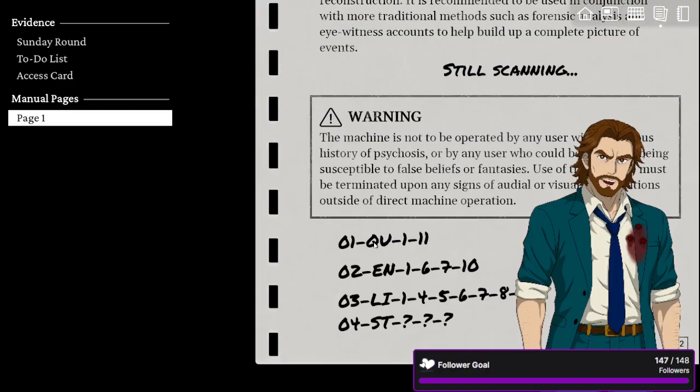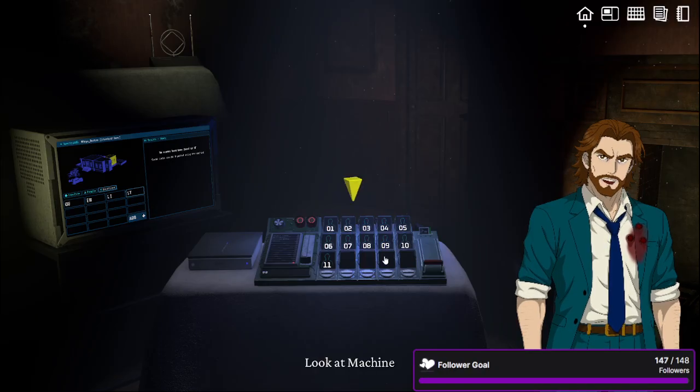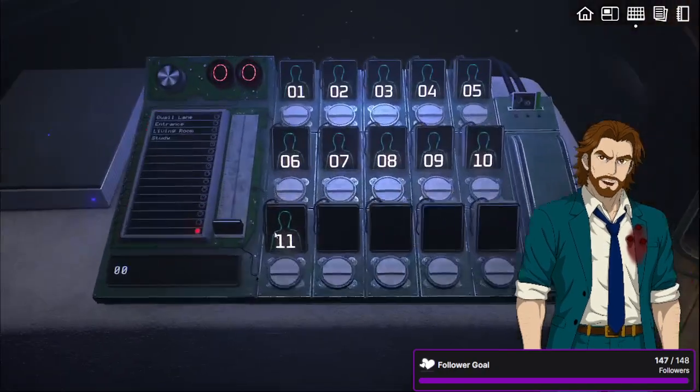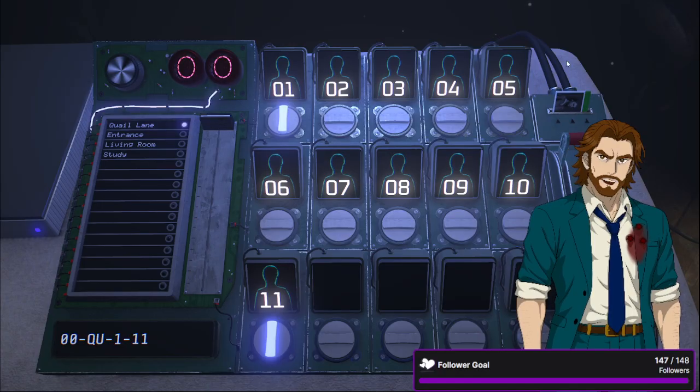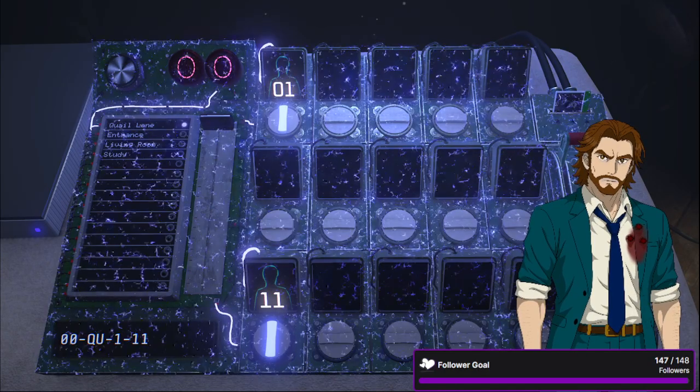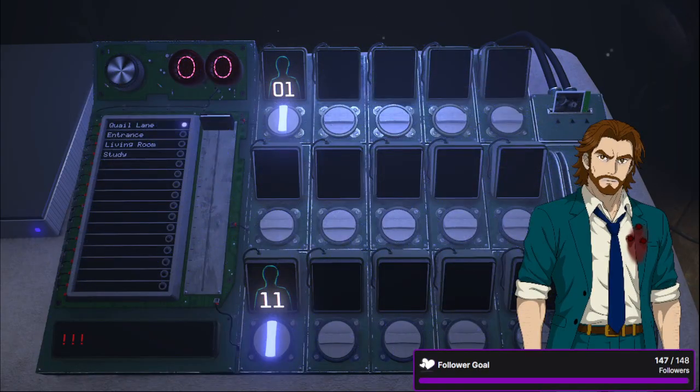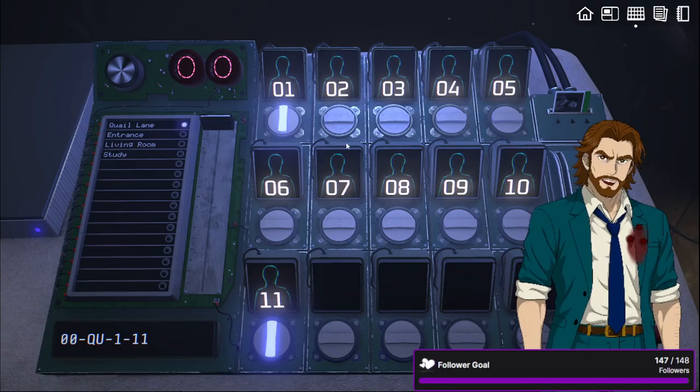So we come over here, Quail 111. Why don't we come over here now? We put it all the way up on Quail 111. That didn't work. Why didn't that work?